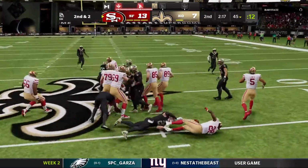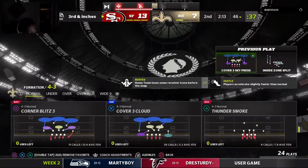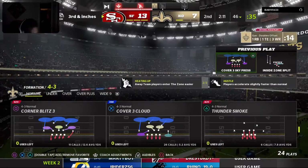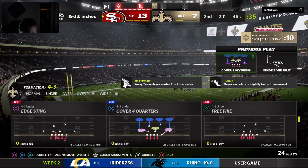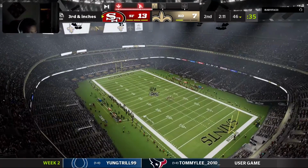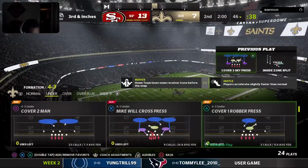On 2nd down, another shot for Sermon. And he'll only get a yard, maybe 2, up to the 46. This is a smart guy. Most likely going to try to get this first down. Now let's find out if they're going to stick with the run here on 3rd down. A lot of people would love to see some play action here. I say go with your best running play over your best blocker. 2 minutes remaining in this